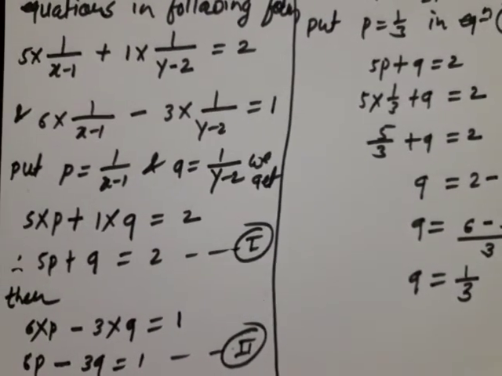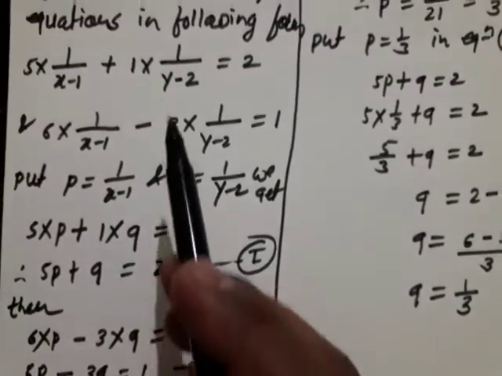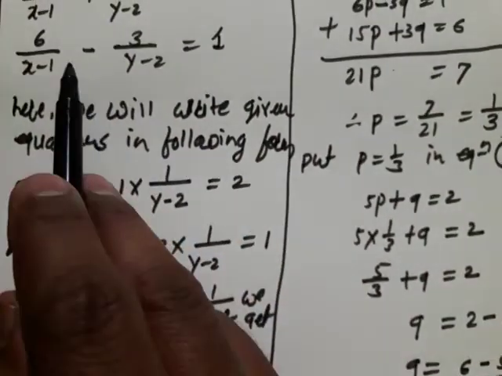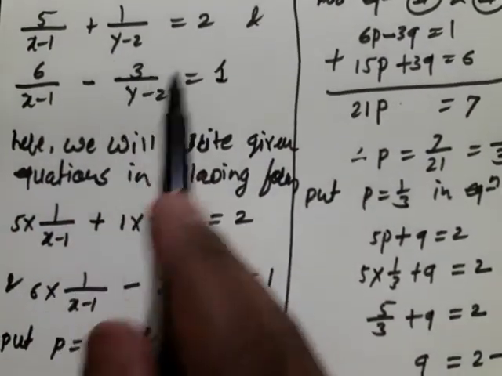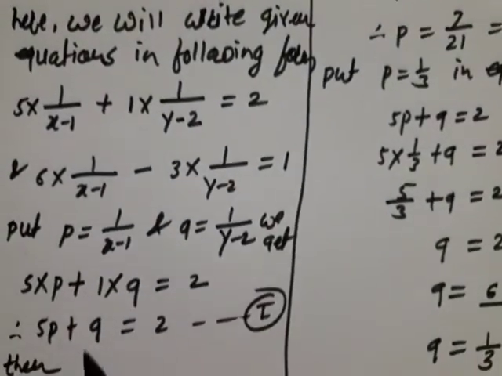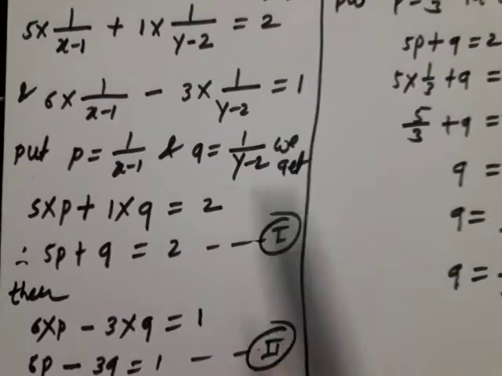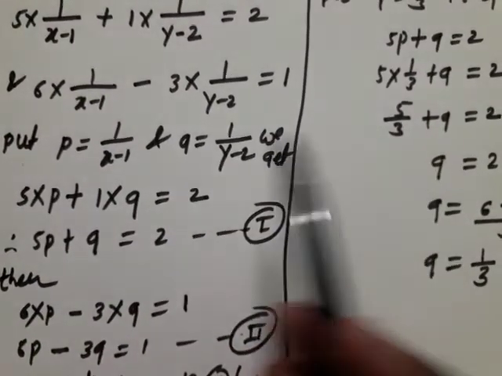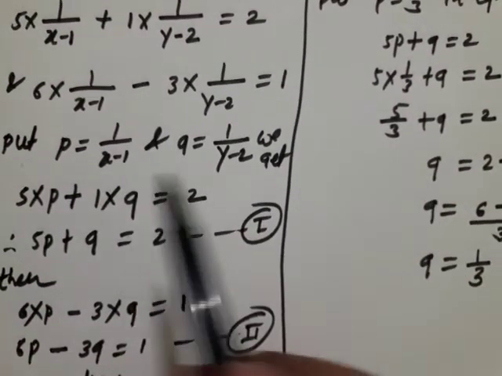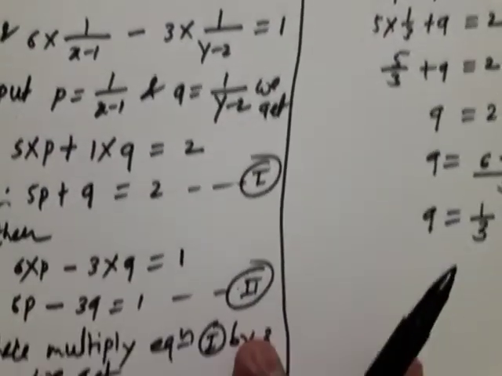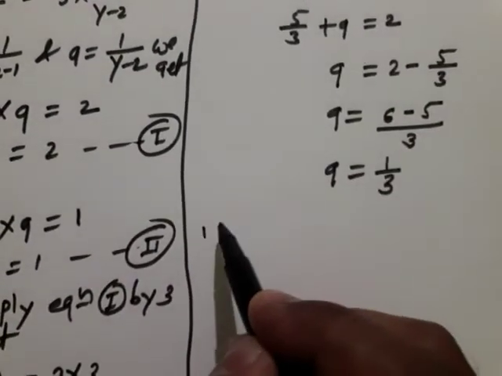Are you getting? For reducing the given equations, those are the given equations, we did that formation. For finding the value of x, we have to reshuffle again. Instead of p, we have to write the value of p, and instead of q, we have to write the value of q, and we will reverse it. Then we will get the values of x and y. Okay. Now look here, I am going to show here.